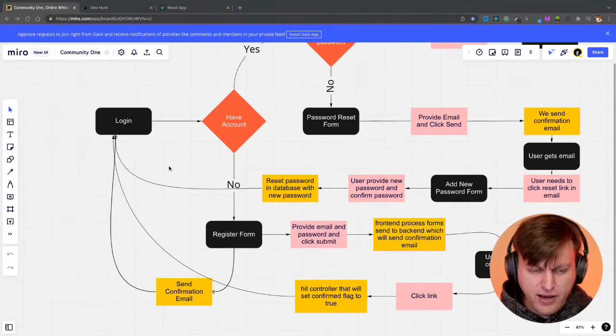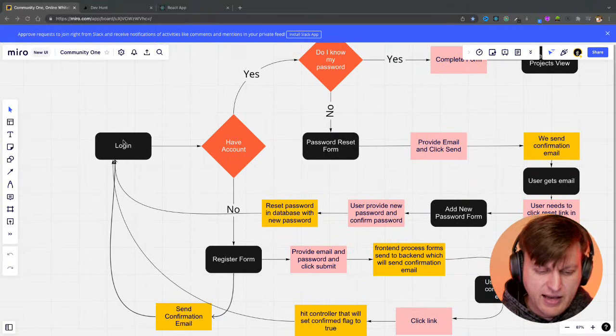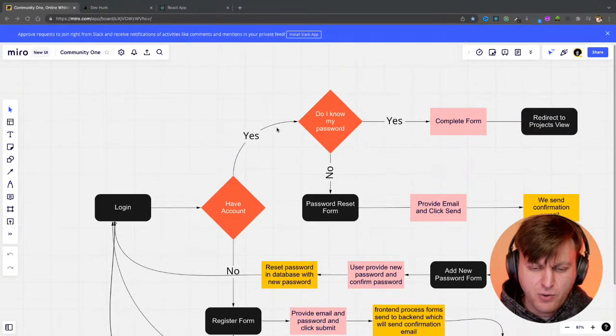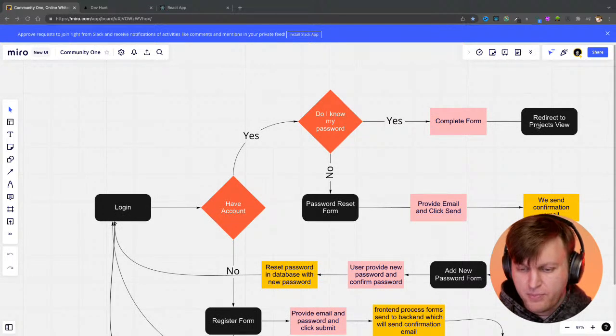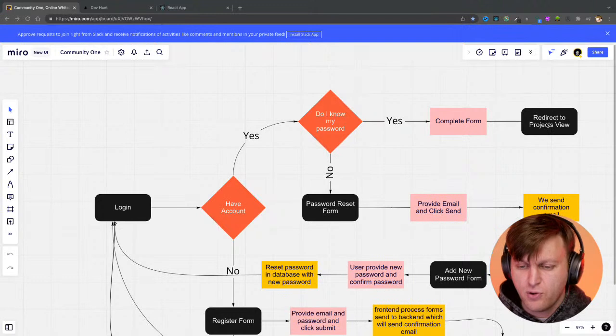For instance, I don't have a login page. I guess this is where we would start. So once you're on the login page, what options should the client have? Well, do they have an account, right? Yes, they have an account. So do they know their password? Yes, they know their password. So boom, complete the form and redirect them to the project view or to the